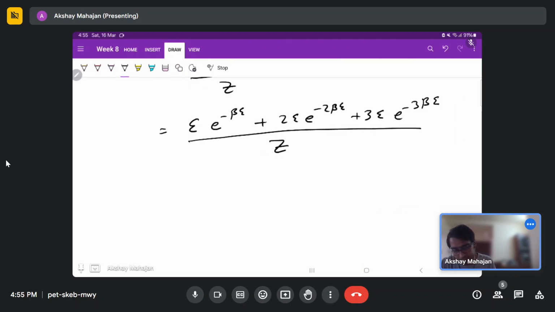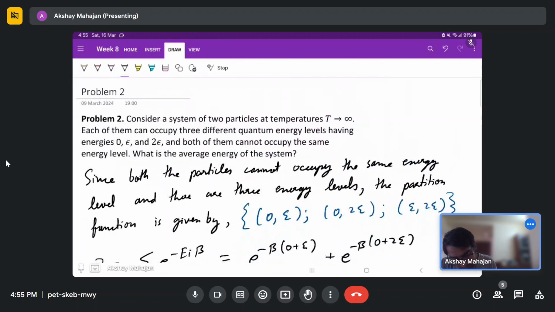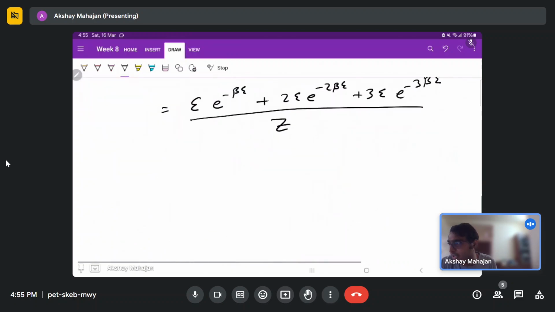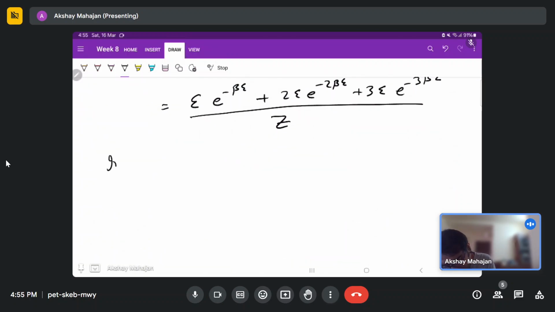Now, it is a considered system, and we have to consider this limit as well. It is given that we have to consider the temperature limit T tends to infinity. Now in T tends to infinity, or what we can say is beta will tend towards 0. Beta is 1 by k_B T. So in the limit T tends to infinity or beta tends towards 0,